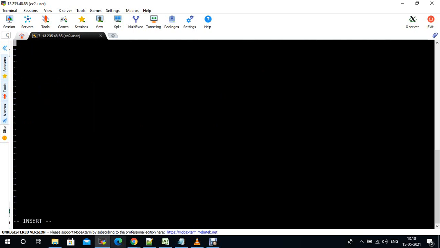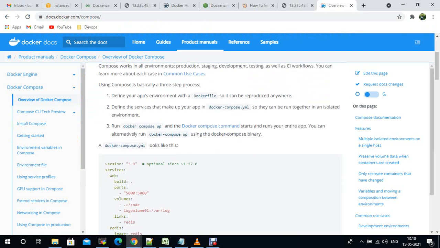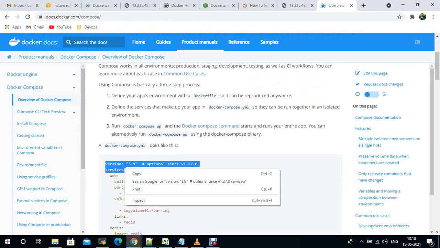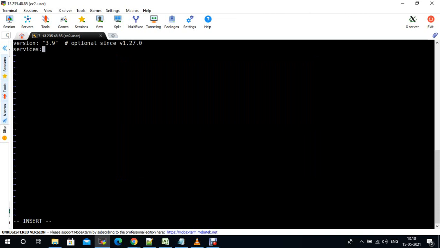Okay, you just need to provide the version. Okay, then services. So under services I just need to provide the images I need to run as containers. So what are my images?